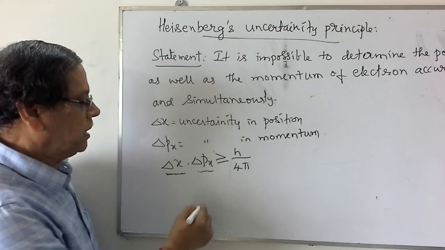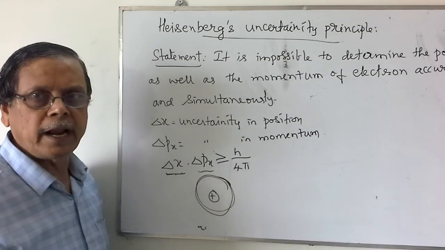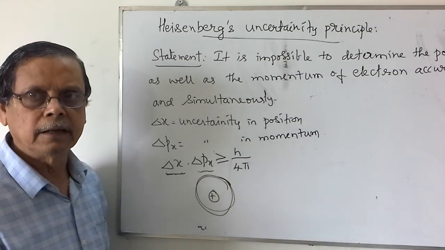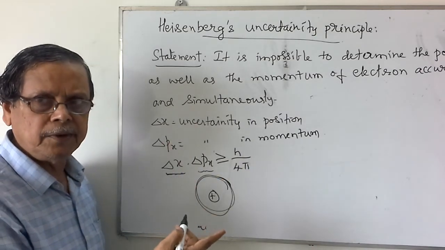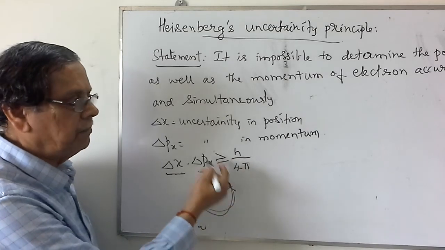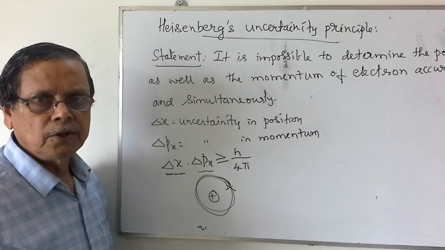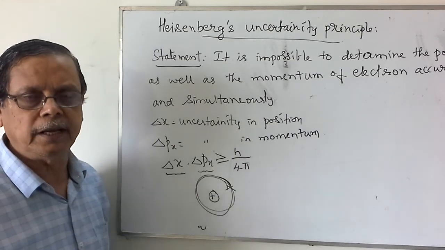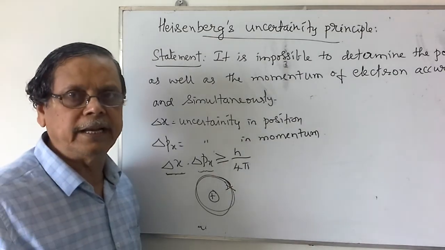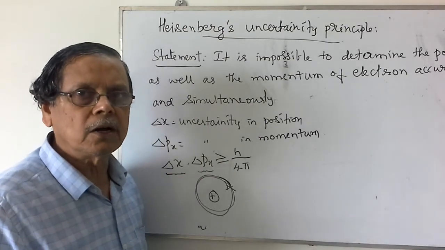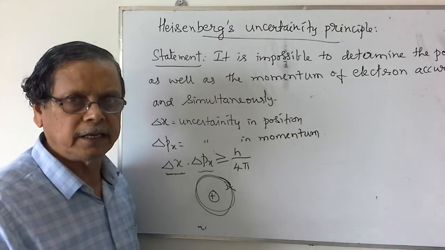That means when we consider the Bohr's model, according to that there is a circular path around the nucleus where the electron is revolving. But since the electron behaves as a particle as well as a wave, and also its position cannot be determined accurately, this orbit concept does not exist. That is explained by the new theory called the modern theory of the structure of the atom, that is quantum mechanics or the quantum model of the structure of the atom. That we shall take up in the next video.